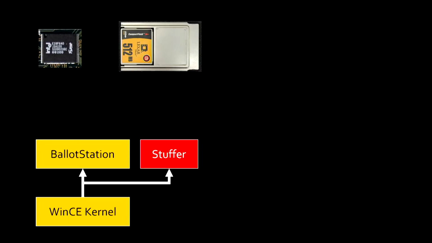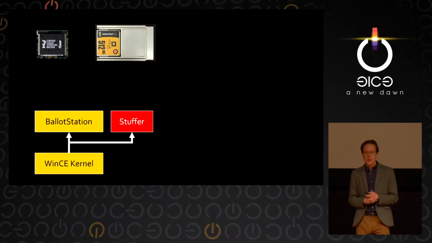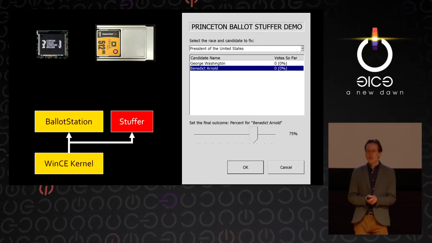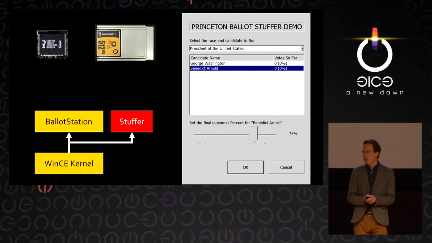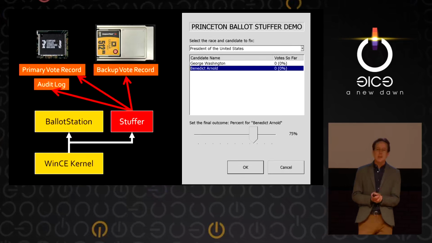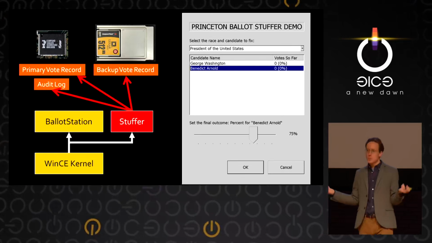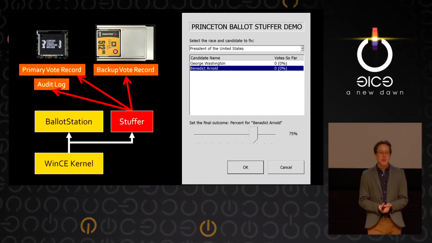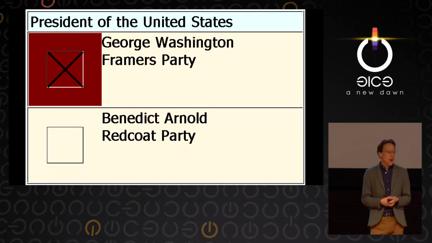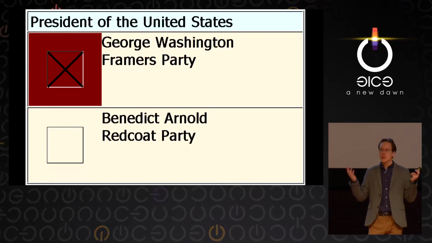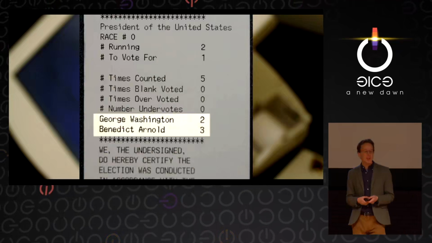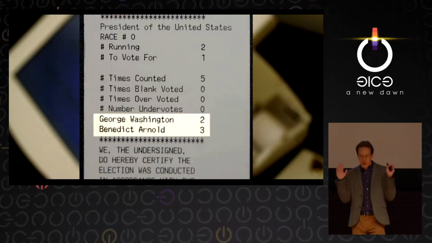So we came up with an application called the Stuffer that you could load into the machine. It would present a nice UI on the touchscreen, let you pick who you wanted to vote and by how much. It would then proceed to change every record of the vote, because this machine just maintained the votes in electronic memory. In that way, you could, say, have an election between George Washington and Benedict Arnold, the famous traitor of the American Revolution. And whenever we would do this election, Benedict Arnold would always win, because we had tampered with the machine.